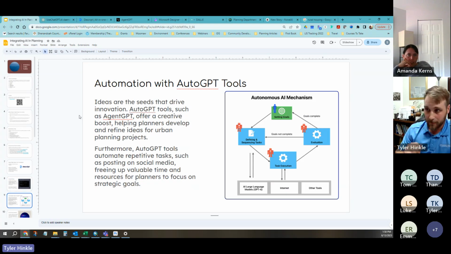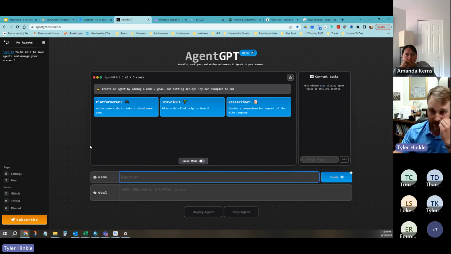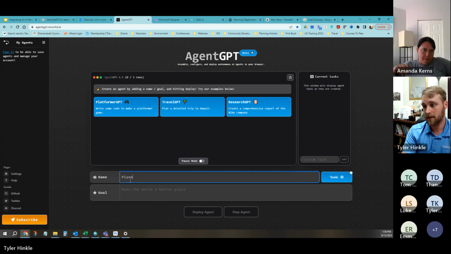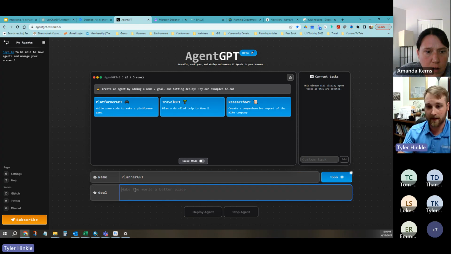So with all those tools in mind, one of the things that is emerging with GPT-type tools is what's known as AutoGPT. AutoGPT allows it to iterate upon itself. An example of this is called AgentGPT, and we could call it Planner GPT. And we could say the goal is to solve